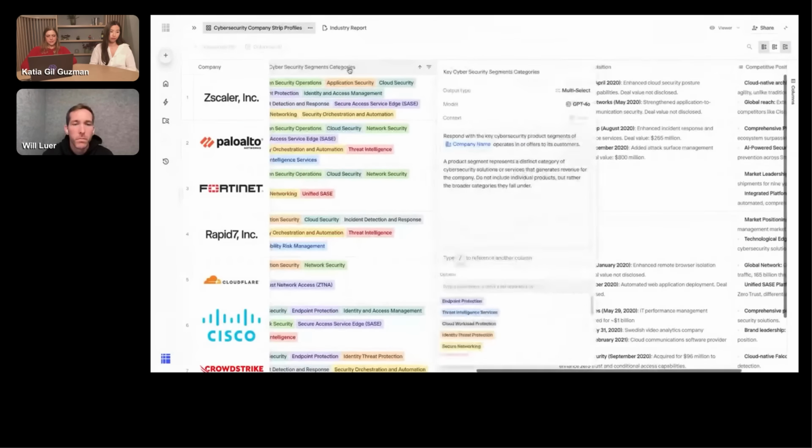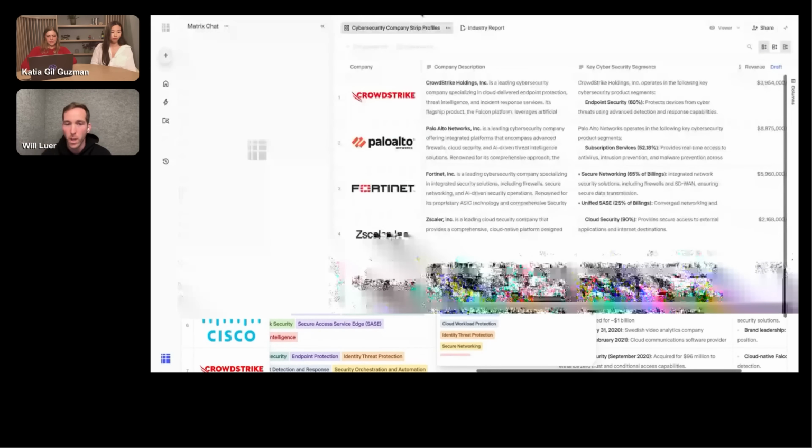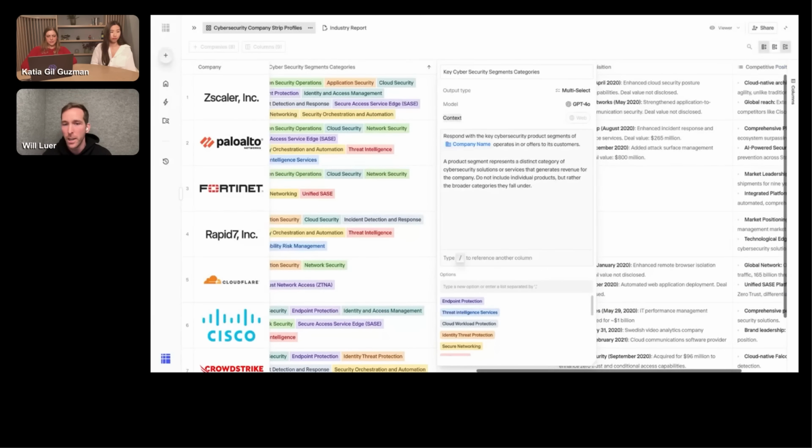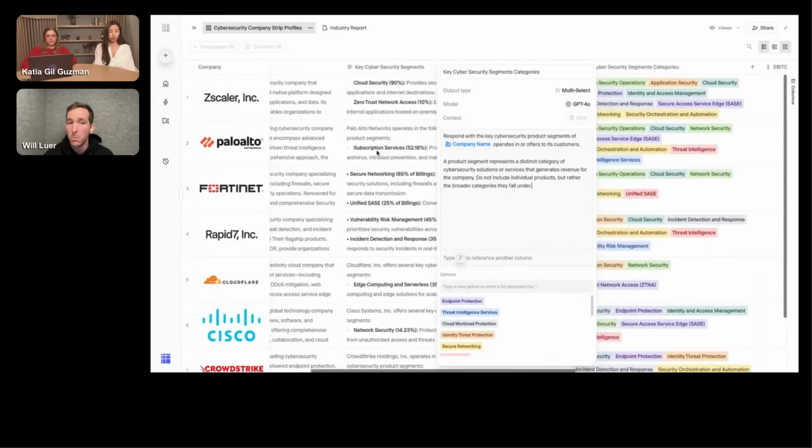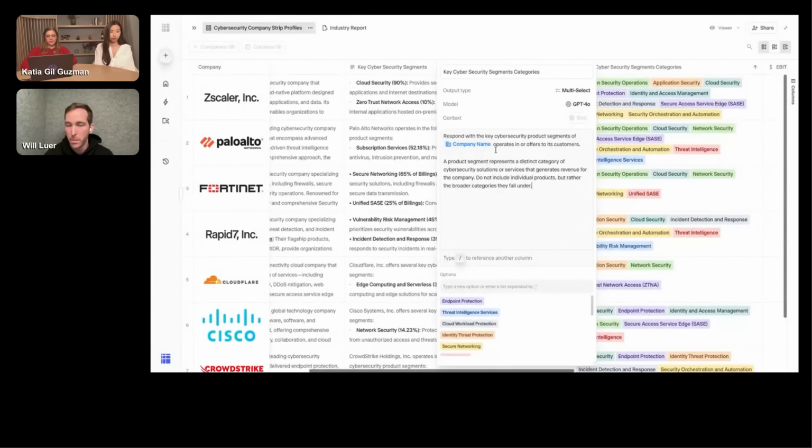So every column is sort of a request for information about a specific company. Here, there's a context button. We also have document matrices where you can contextualize with the document or with web. But here you can contextualize with web. So you have your prompt that you send off to web. It's contextualized with other columns within the matrix. So this would be company name. And we go off, we search the web for the appropriate information, then we translate it into the format that's